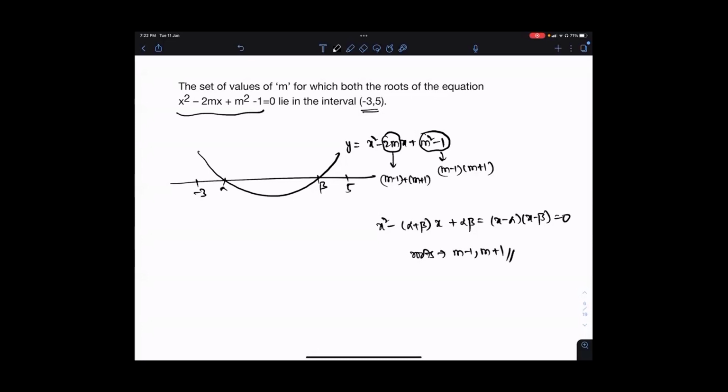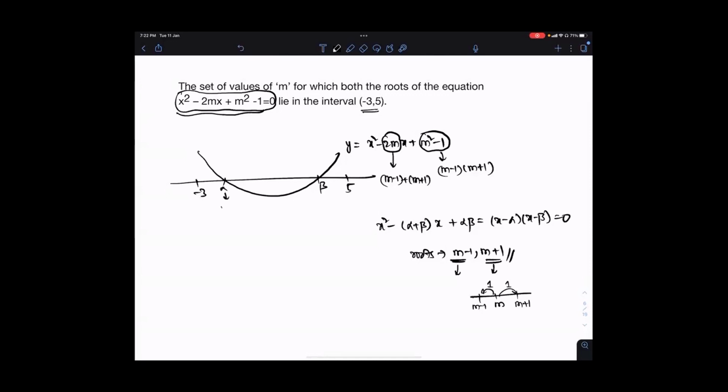Not every time you will get equations like this, but this is one model. Then you may ask the question, sir, what to do if it can't be factorized that simply? Yeah, we'll come to that also. But whenever they give this expression, you see whether it can be factorizable or not. Then the problem will become very simple. You will see why. Now, out of m minus 1 and m plus 1, obviously m minus 1 is smaller than m plus 1. Because on the number line, m minus 1 is 1 unit left, m plus 1 is 1 unit right.